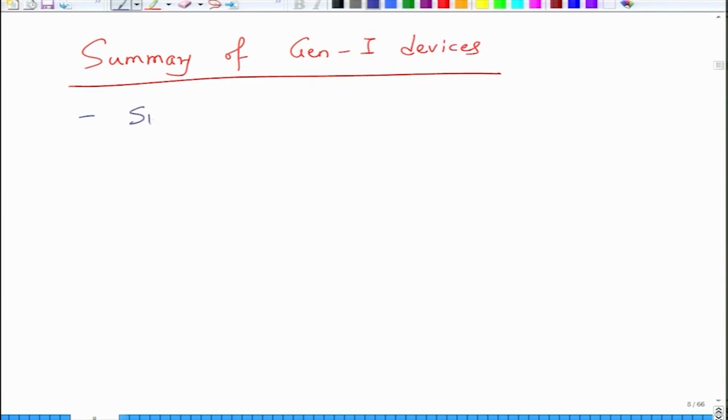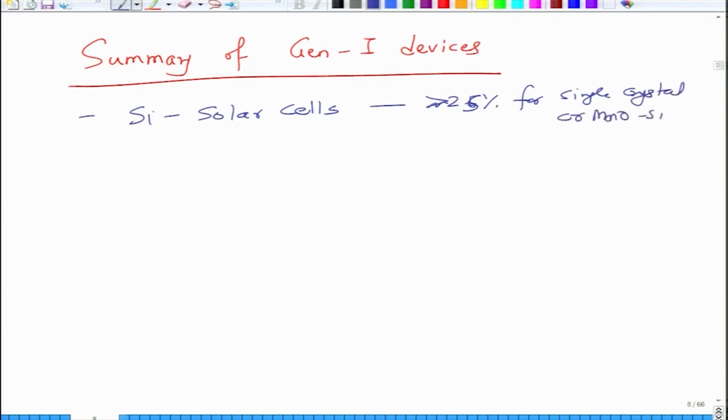So we have silicon solar cells, the commercial ones whose efficiency is 26%, or you can say more than 25%, for single crystal silicon, single crystal or monosilicon, and about 22% for polysilicon solar cells. Then we have gallium arsenide, which has certain advantages over silicon because it has